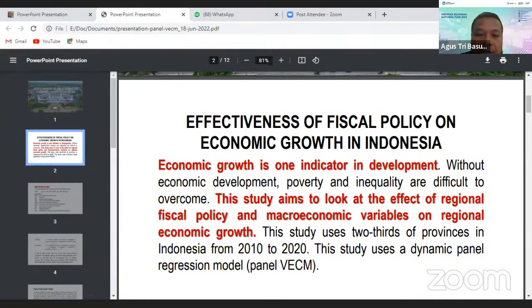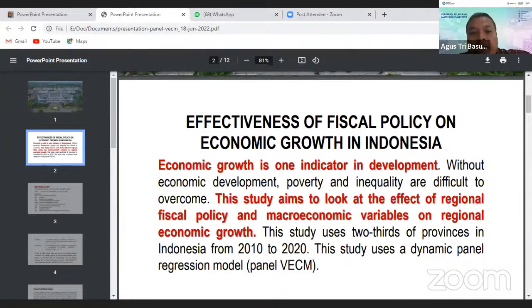The study used 23 provinces in Indonesia from 2010 until 2020. Indonesia has 34 provinces, from Aceh until Papua, but data are complete in the Ministry of Finance only